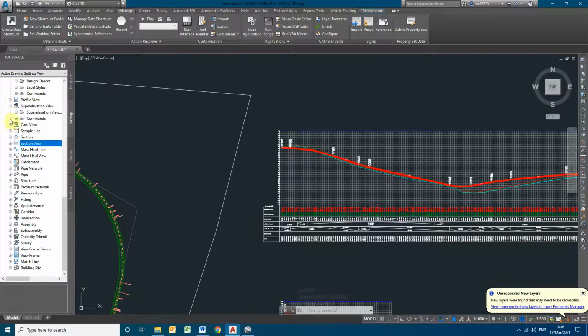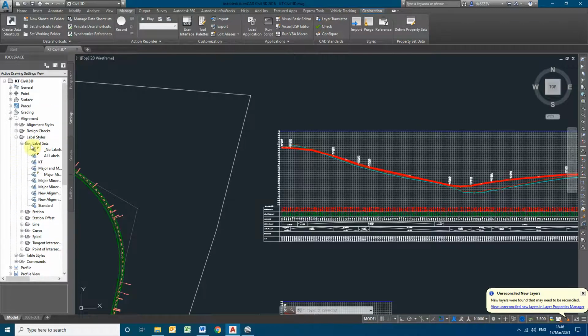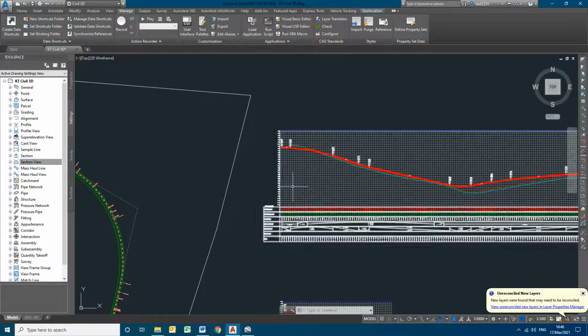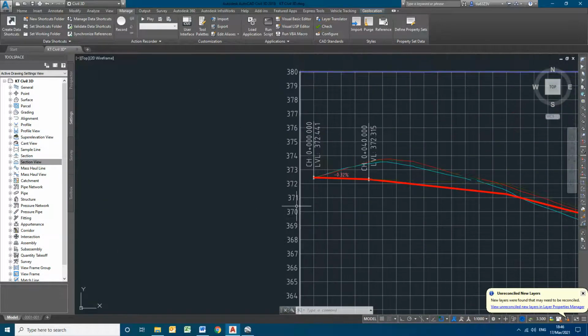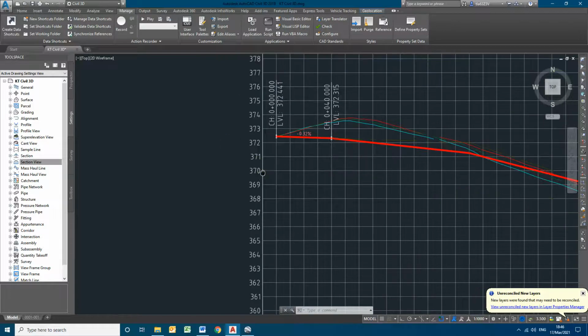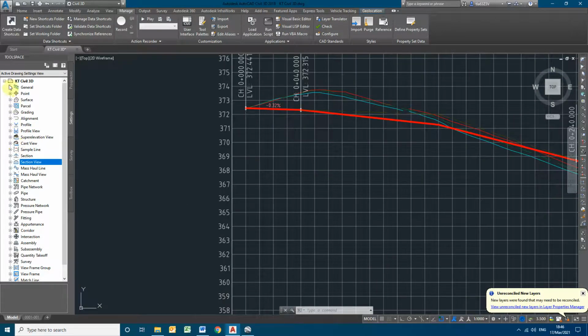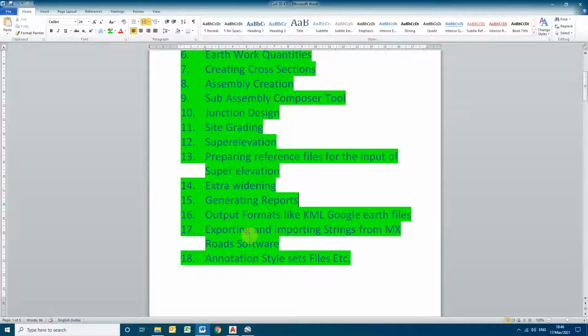There are a huge number of style sets, each and everything that we have to apply as per our convenience. So this is not like a one day task or tutorial kind of thing. It needs a lot of trial and error and exploring to understand the applicability of the style set that we are editing. So the annotation style set has been completed.